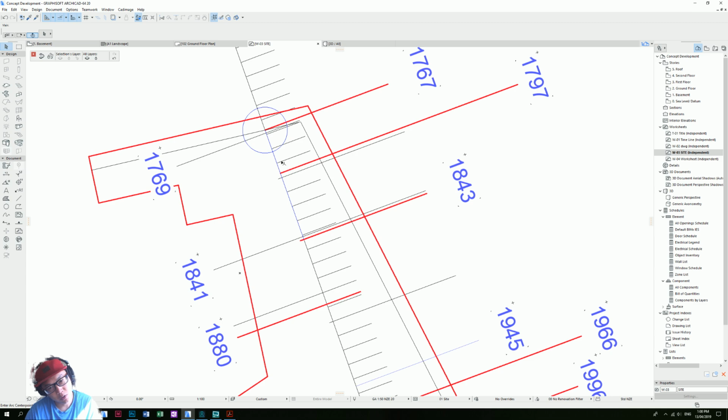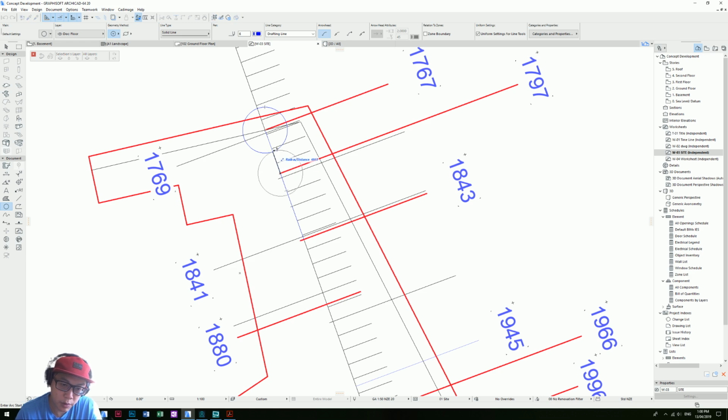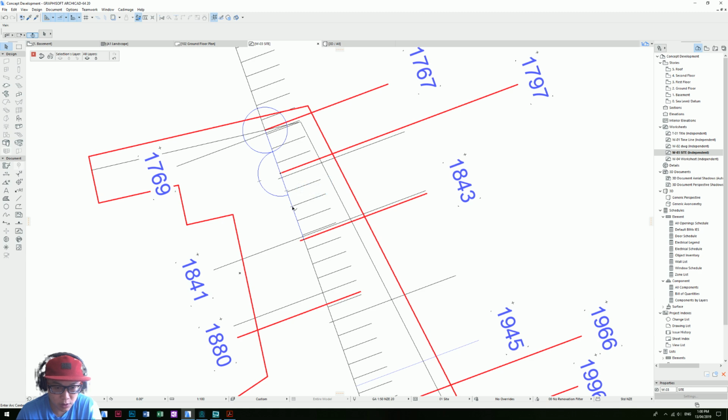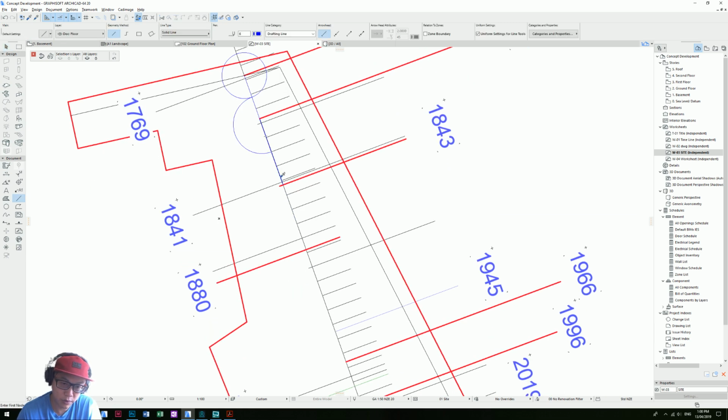I'm just thinking how I can create this as a center point, but I'm just gonna start from here to here, and because the center of this is here, I'm just gonna pull that to here, and I'm gonna do the same thing here. So from the middle of those two, center is here,